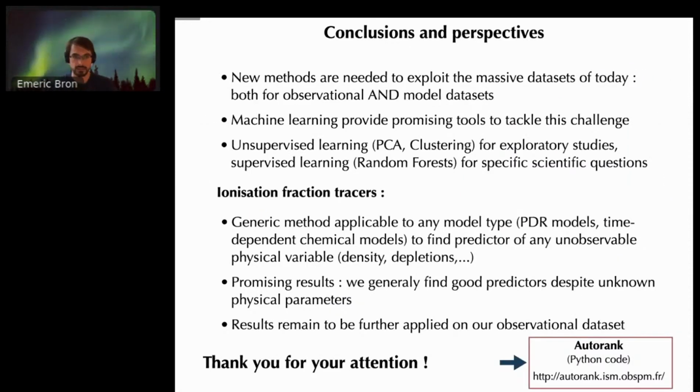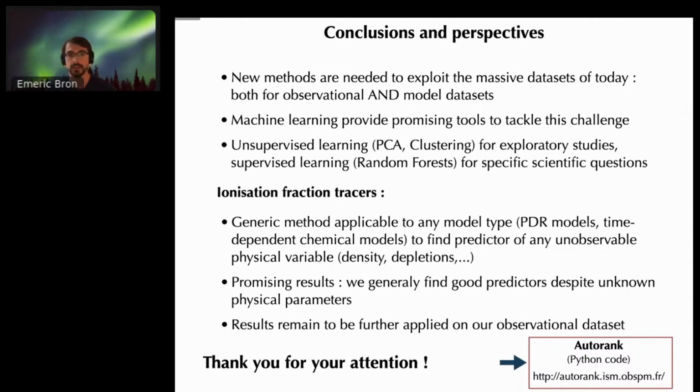So to conclude this talk, what I tried to show here is that new methods are needed to exploit the kind of massive and high-dimensional data sets that we have, and that we should not forget that we have massive and high-dimensional data sets, not only from observations, but also from model grids. We saw that machine learning tools indeed provide promising solutions to tackle the challenges that are brought by those massive